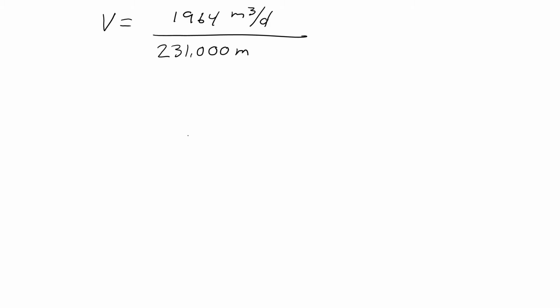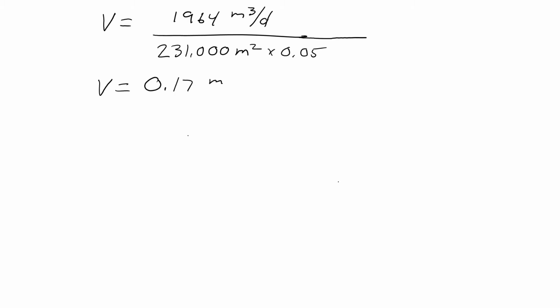So our velocity equals 1,964 meters cubed per day divided by 231,000 meters squared, which is our cross-sectional area. But we're only moving water through 5% of that. And we end up with a velocity of